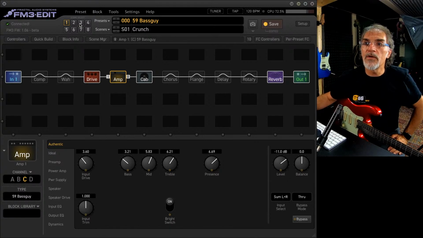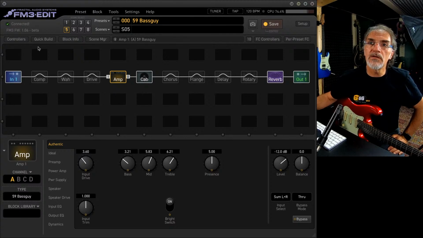So, for example, you can decide to have the drive switched on. Scene 3 has the drive on. Scene 4 also has the delay, and channel D, for example, is named solo. Scene 5 is the same as the first one, I think. The other scenes are the same. Only the first 4 are saved.